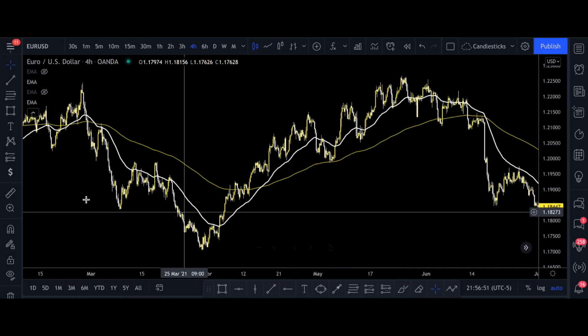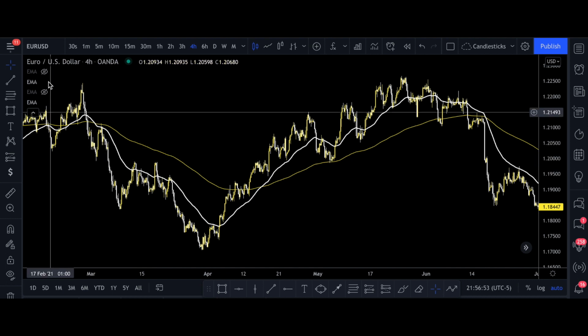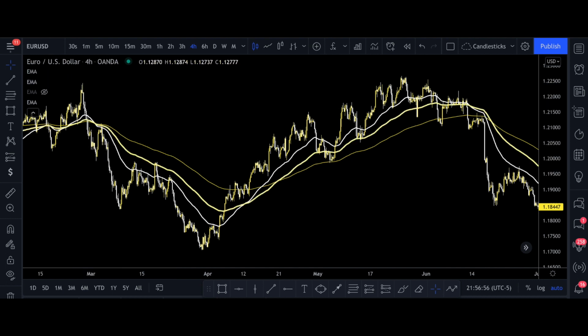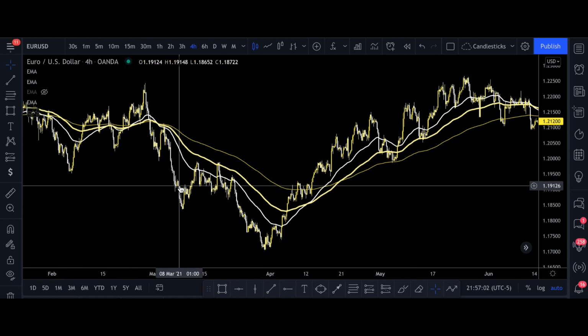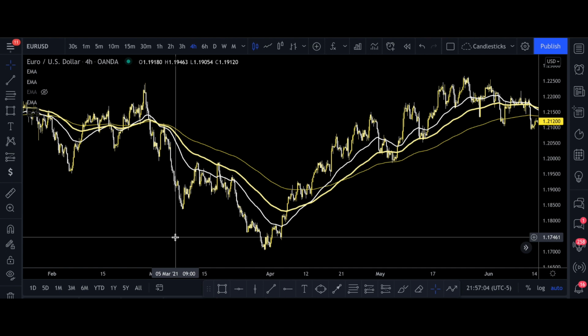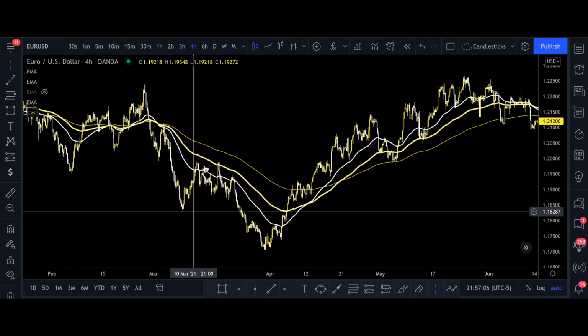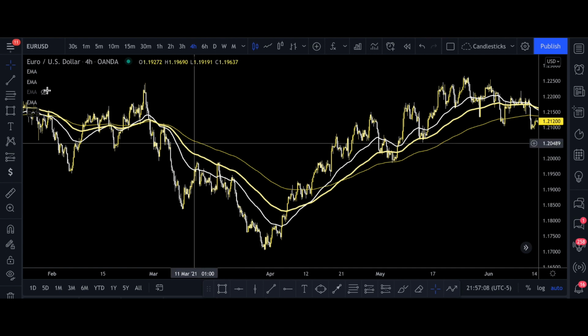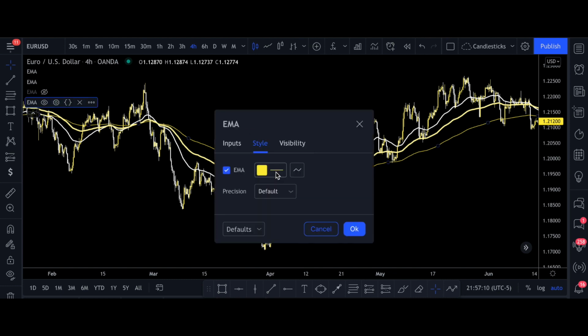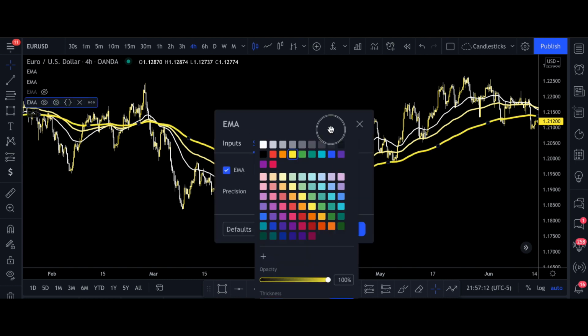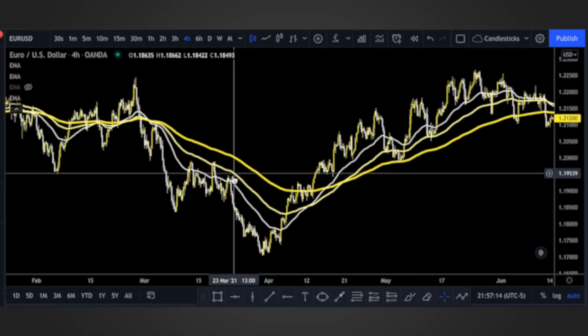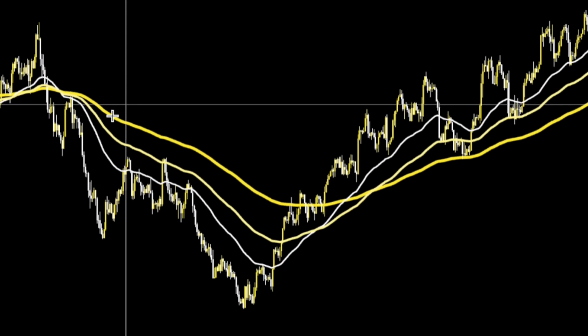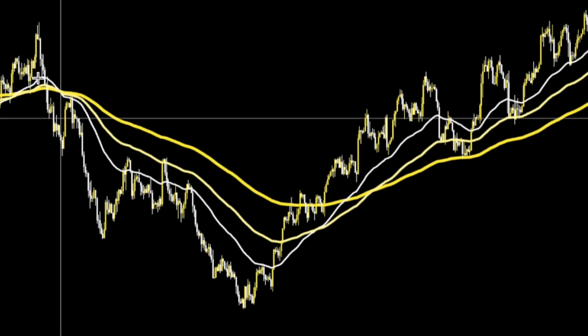Some traders will even go as far as adding a third EMA to their chart, typically represented as a 100, and then you'll see that it creates a nice little pattern there, right? So now on our chart you can see we have a 50 EMA, a 100 EMA, and a 200 EMA. I'm gonna go ahead and make that 200 the thickest. And now we can see from small to medium to large, and the level of closeness,